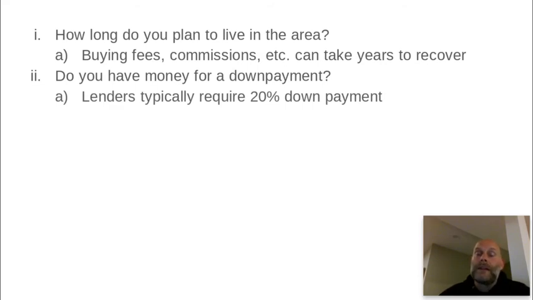And the more typical number they want, especially nowadays, is 20%. Back when I bought my first house, I didn't have to put $1 down, but it was a different time. That was before the mortgage crisis, and that's before lenders stopped making loans like that. So think about that same $500,000 house. You need to have $100,000 in cash in order to buy it if the lender's requiring 20% down.